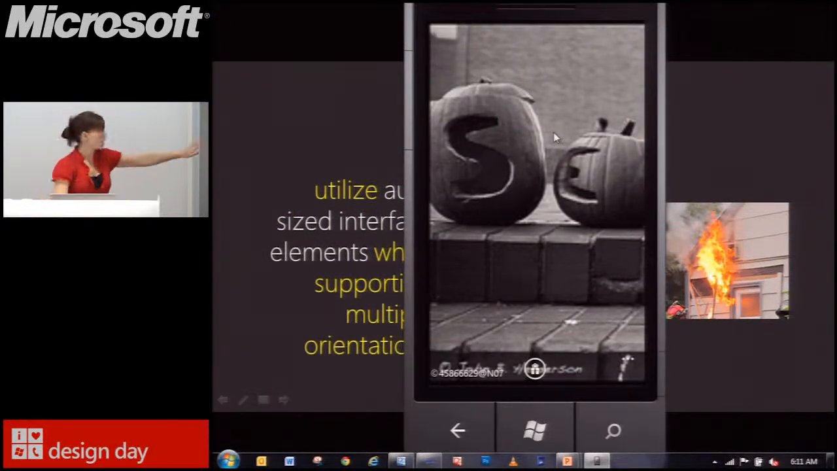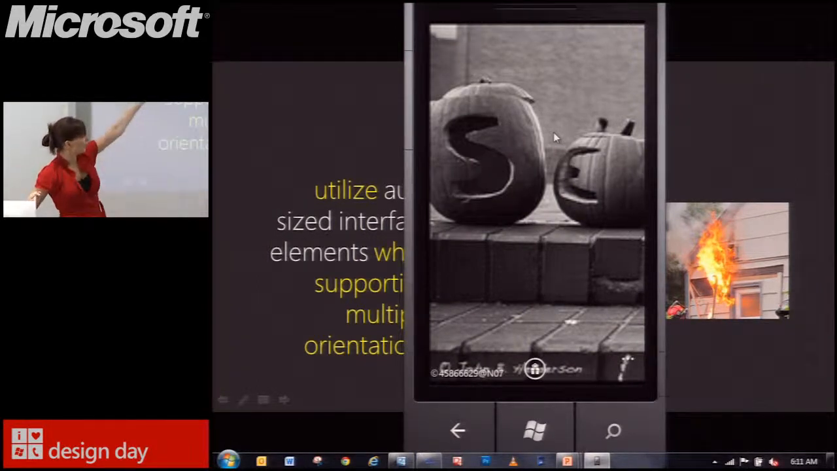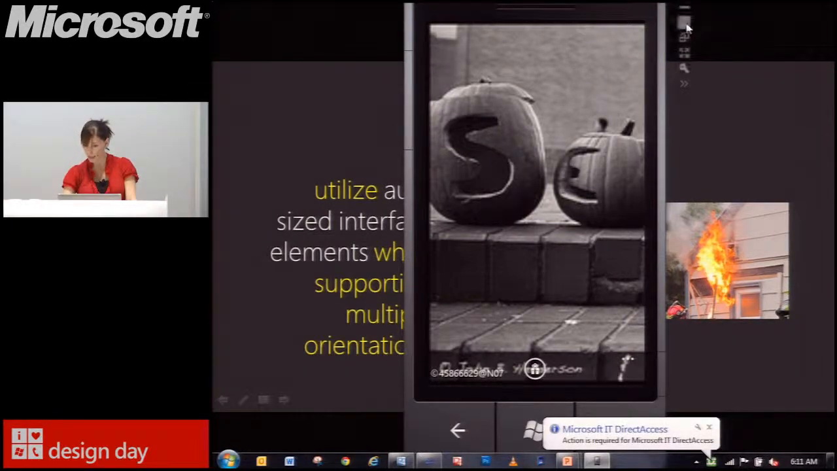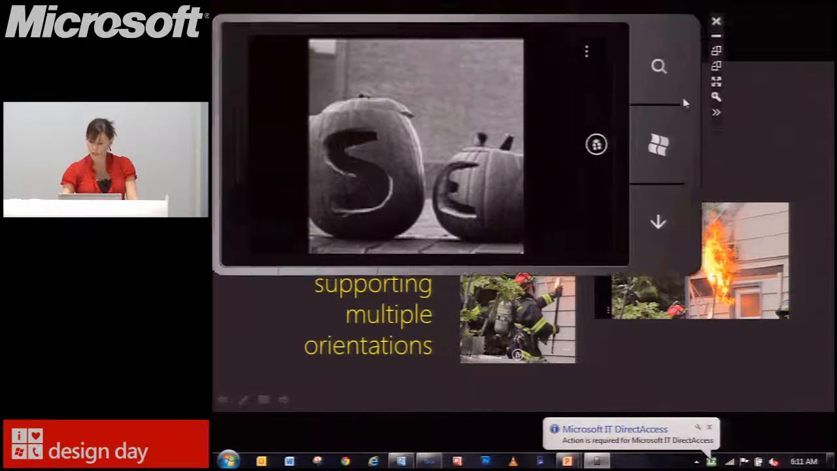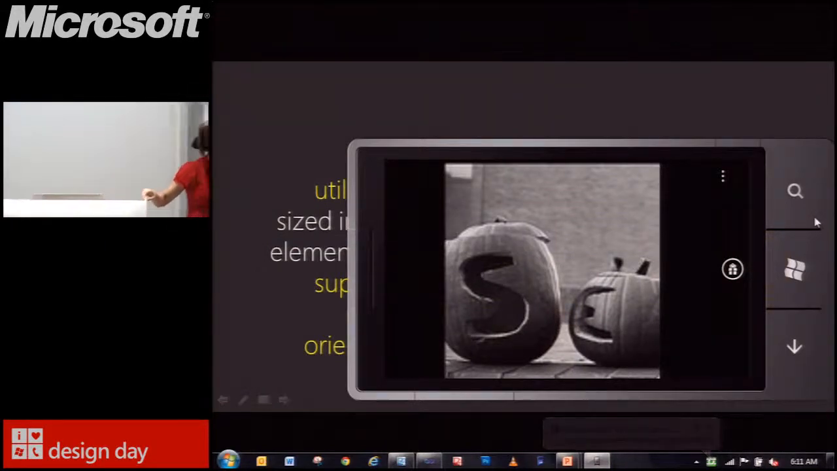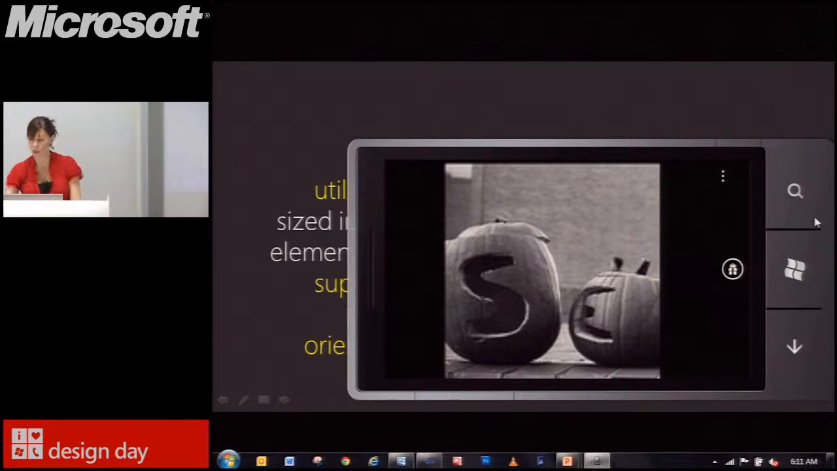So right now, you'll see when I dig deeper and look at the full image, it's filling all of the available space. Great experience. You'll find that when I rotate it to landscape, I'm not utilizing all of this space. It could be a better experience by utilizing all of this space. So to fix this problem,